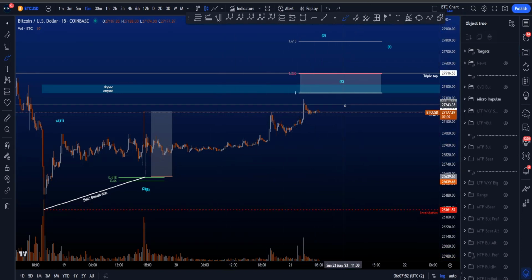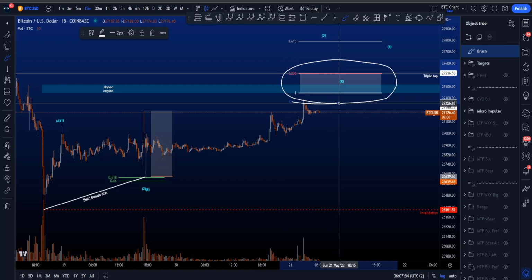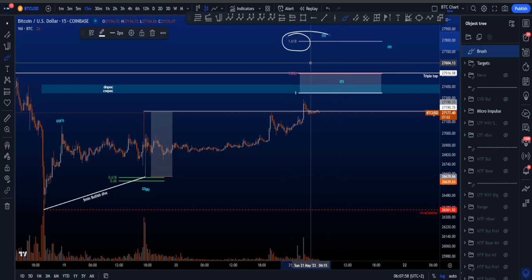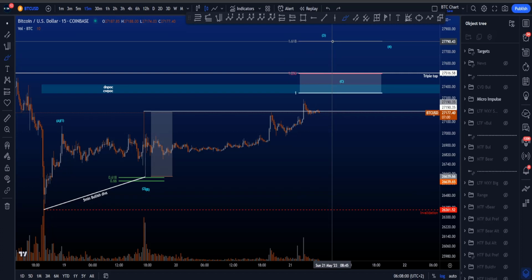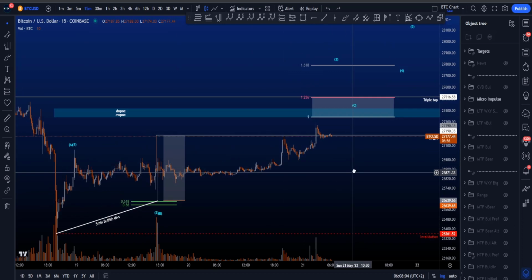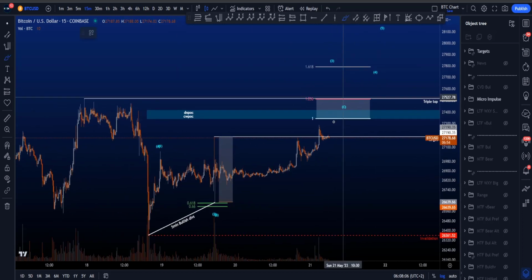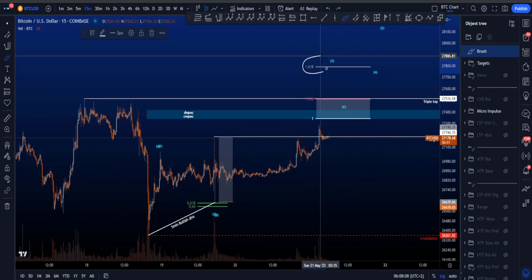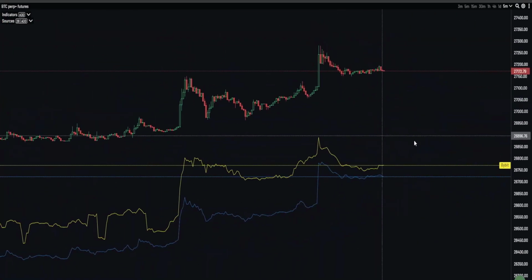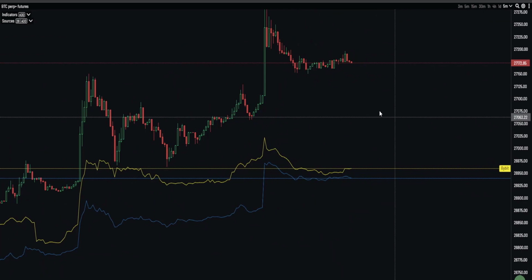The most common target area for wave C I already spoke about, but for wave 3 you want to see a minimum hit of the 1.618, which sits at 27.8k. So this is the minimum target usually for wave 3. That is something to take into account, that if price is going to push towards the upside, this is something to look for. If you then look at the low time frame 5-minute CVD divergences,